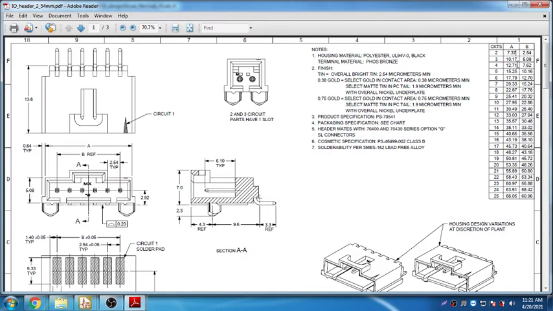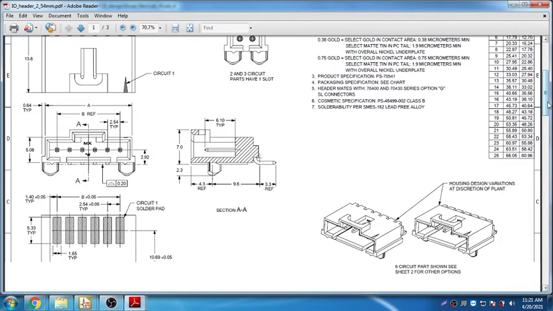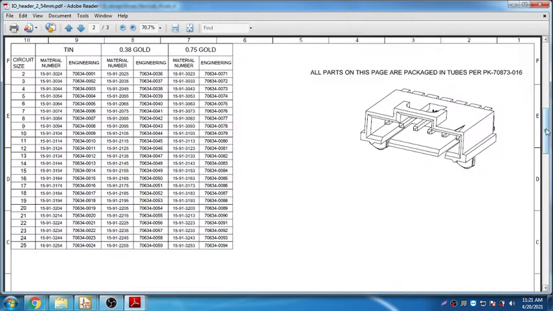So I need to understand what is the connector that I am going to design and what is the number of pins that I am going to put. So in that way I need to decide. So what we are going to do is we are going to design a connector for a 2-pin. Okay, so here is a design reference. So based on this design I'm going to decide a footprint.